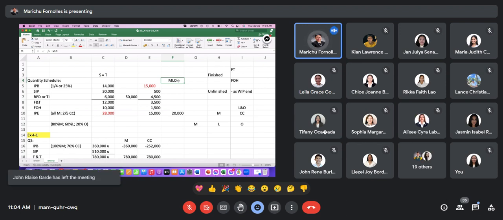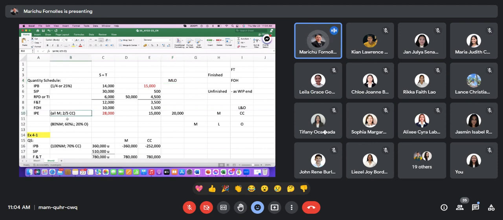Pero kung ganahan kang maghago-hago sa imong kaugalingon, ganahan kang magpalangan-langan, pwede sad nga you provide one column for materials, another column for labor, then another column for overhead. But in the end, you will realize nga all of these three cost elements will have the same EP. So it's just a waste of time and effort on your part when you can get the same EP just by solving it and showing it in one column.